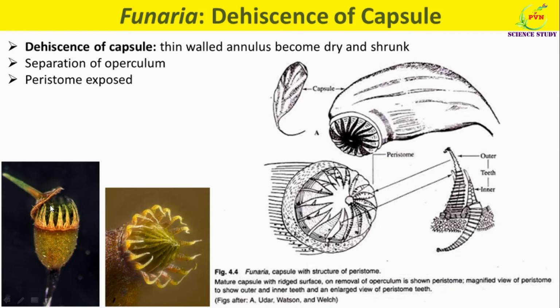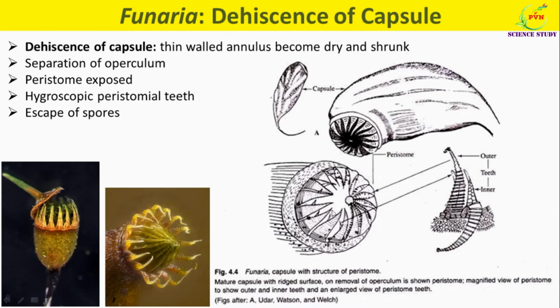The growth in seta results in the drooping of the capsule. The separated operculum falls off, exposing the peristome. And by this way, peristome is exposed. As you can see here, the outer peristomial teeth are hygroscopic, which show inward and outward movements according to the presence or absence of moisture in the atmosphere. So these are the inner peristomial teeth which do not show hygroscopic movement. They simply function as a sieve.